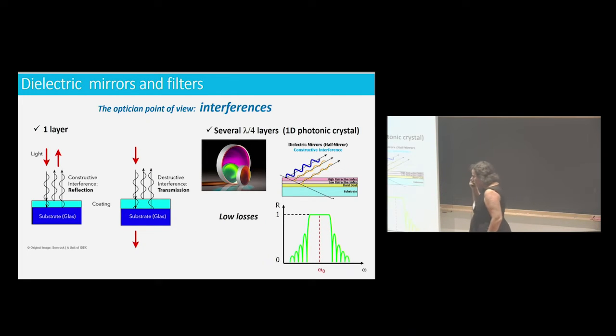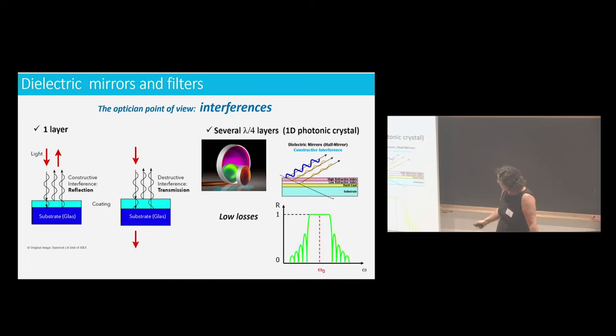So I suppose that you are more familiar with the mirrors that you have in your experimental room. When you use mirrors, you may say, okay, I take a metallic mirror, but as you know, a metallic mirror is not so good because you have a reflectivity which can be 95%. So if you have hundreds of mirrors in your experimental room, 5% of loss for each mirror, at the end, makes a lot of losses. So what you prefer is the dielectric mirror, which is specially designed for a specific wavelength or range of wavelengths. And how do they work?